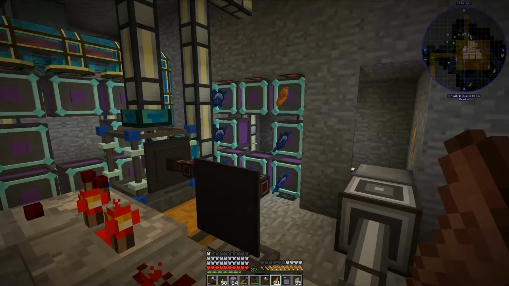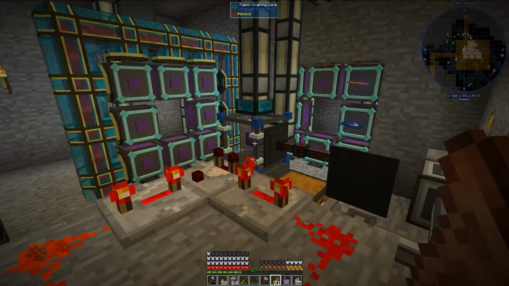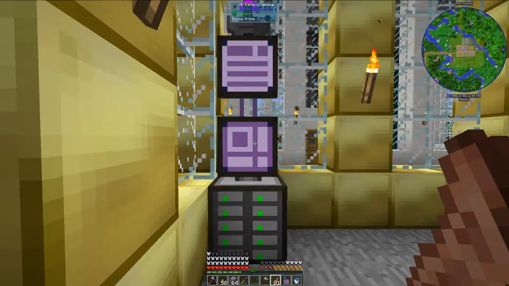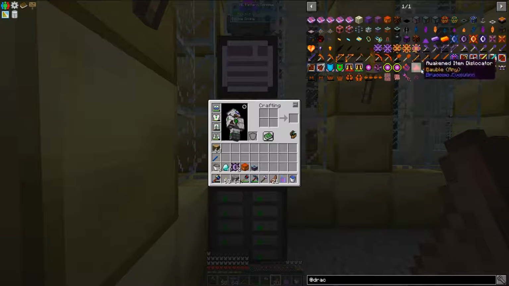Should get the heart, should get the blocks into here, and look at that, it's going. So once again, I'm going to wait for these to craft up, and once that is done, I will be right back. Now all of my Awakened Draconian blocks are done crafting,